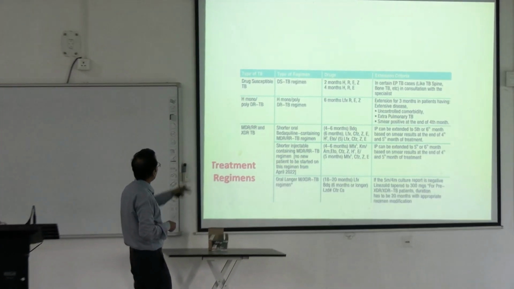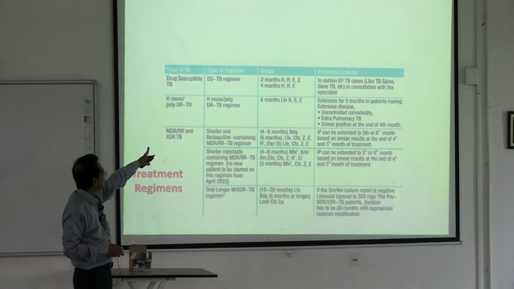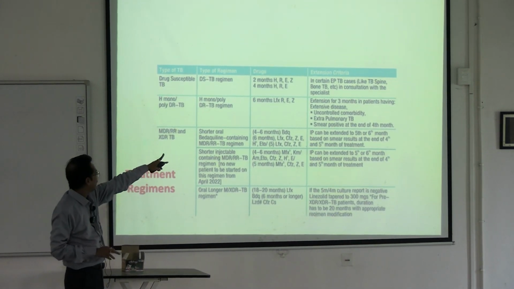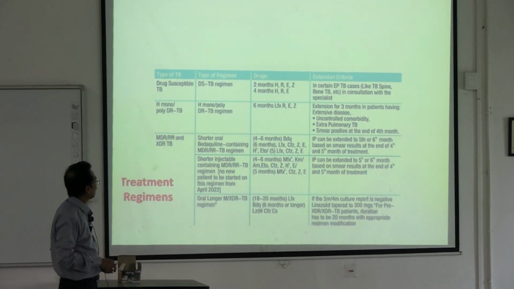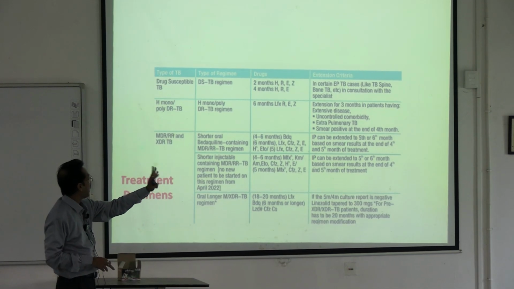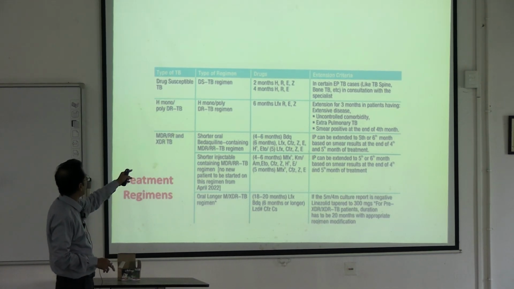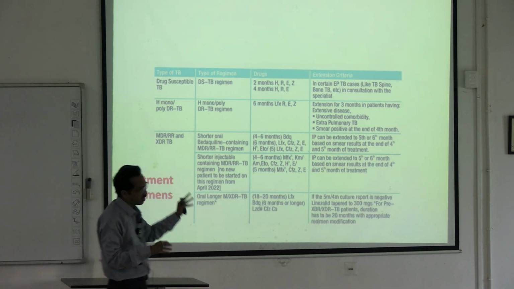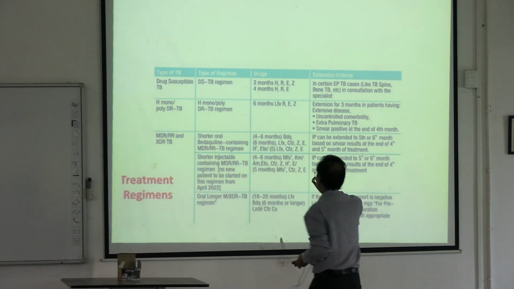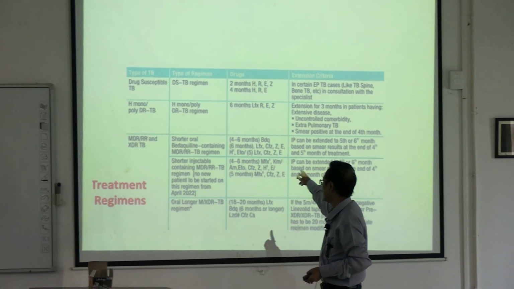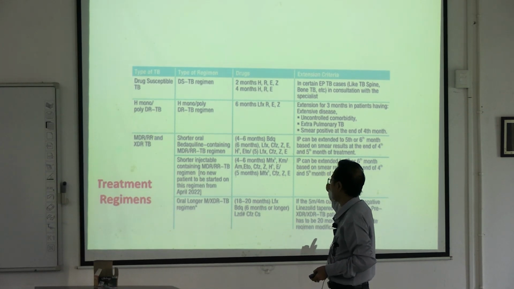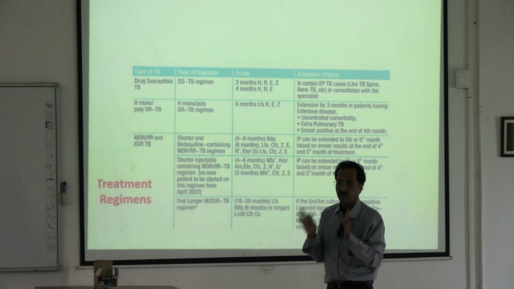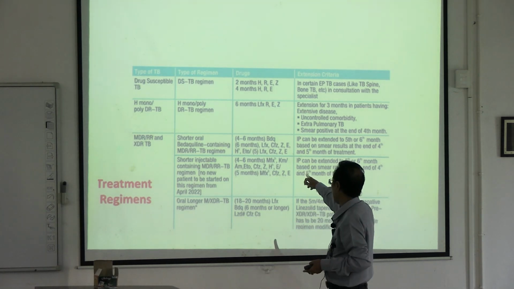6 months if it is H monoresistance or H polyresistance. Treatment should be with levofloxacin, rifampicin, ethambutol and pyrazinamide. In shorter bedaquiline therapy, for the first 4 to 6 months, bedaquiline should continue. For the next 6 months, levofloxacin, clofazimine, pyrazinamide, ethambutol, and H meaning high dose INH, and ethionamide or clofazimine and